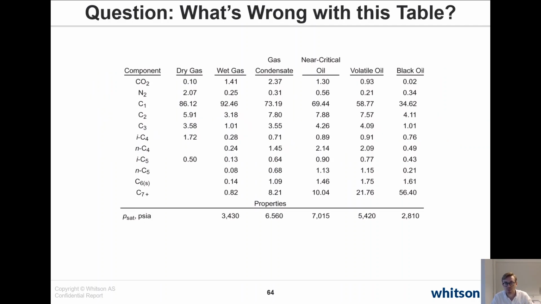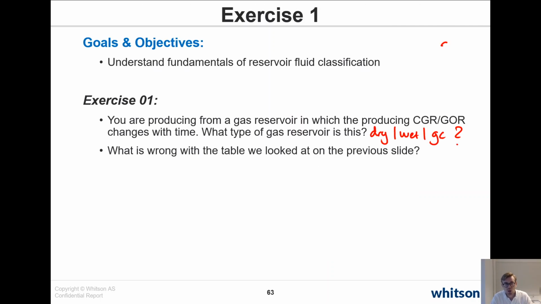And I made it a little bit simpler right here. So what's wrong with this particular table? That's the question. Good. So I'll go back to exercise 1, and at this point,